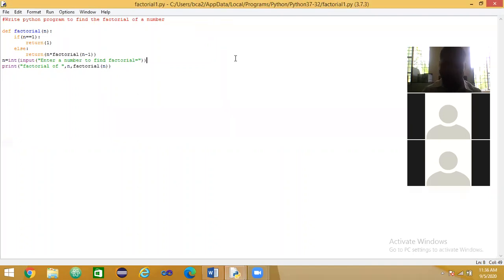Is my screen available? Yes. Okay, fine. Here I have written one program which finds the factorial of a number. Once it executes correctly, then I will explain how it works.